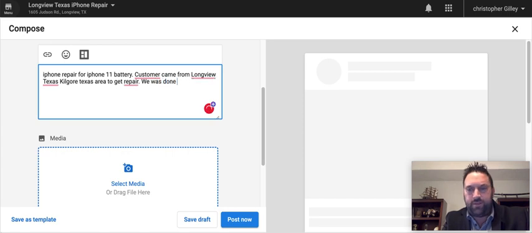Just put whatever details you can in here, because these details will basically build content, keyword, and SEO ranking. You'll get long tail keywords, you'll get the regular keywords. Anytime somebody's searching for this, you'll pull this up.